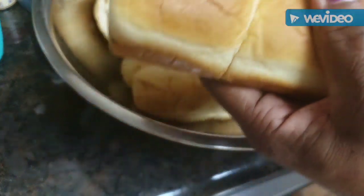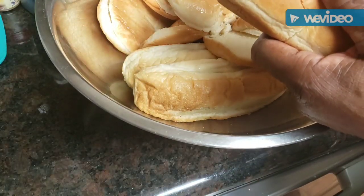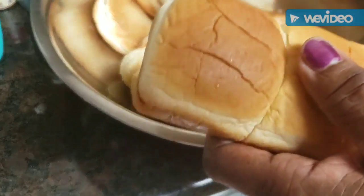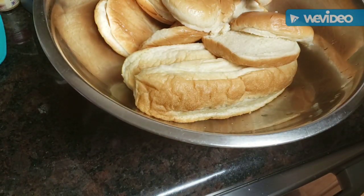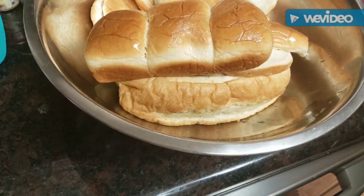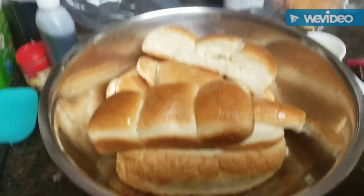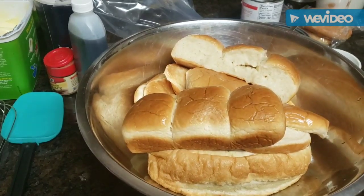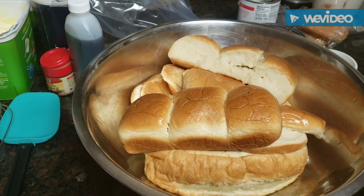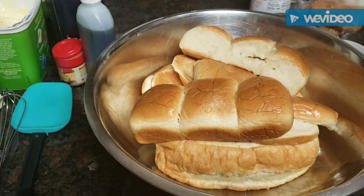So this is gonna make for some great bread pudding. This bread is pretty fresh. Usually bread is kind of toward getting stale when most people use it, but this is pretty fresh, and this is good bread. Okay, that's a lot of bread. So it's gonna be a big old bowl full of bread pudding. That's why I'm going to divide it up and make 2 different ones out of it. Okay, I'm going to go off here to the side because I've got to get on the other side of the room and do